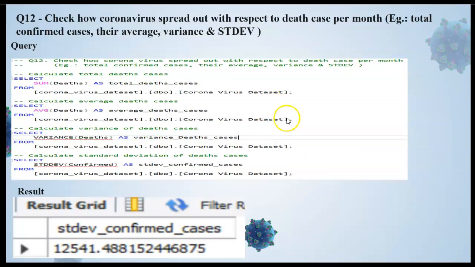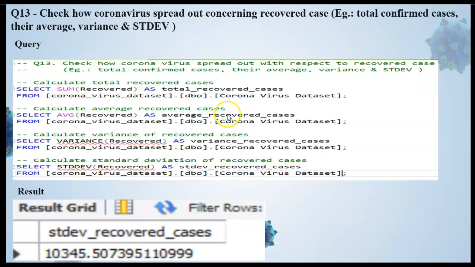Then question 12, check how coronavirus spread out with respect to death cases per month. For example, total death cases, their average, variance, and standard deviation. Same as question number 11, we just use average death, total death, and we got this result.